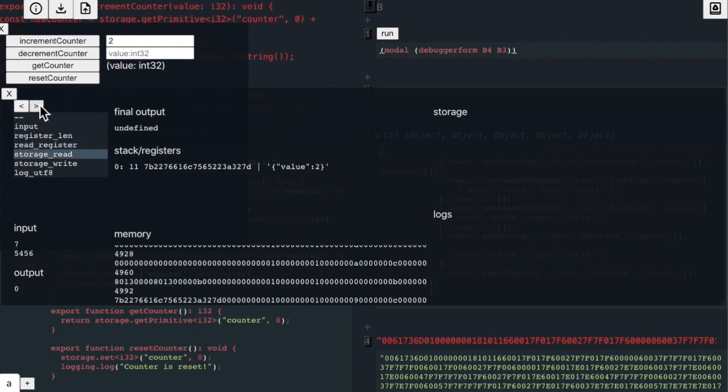Now we need to read the previous counter value from storage, but there is no previous value, so the output is 0 and nothing is written in the register. Next we write the new counter value to storage at key counter and value 2, and we can see this